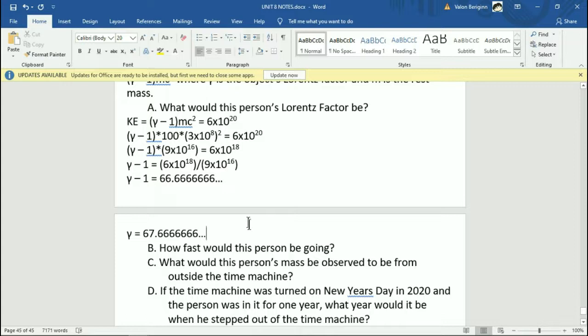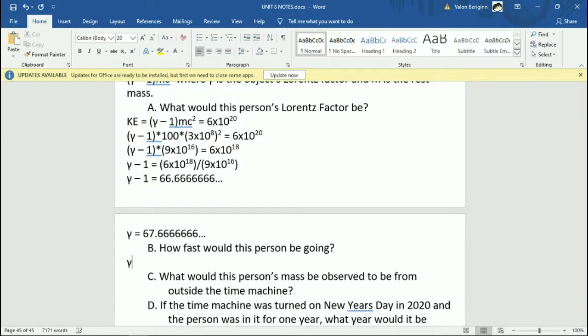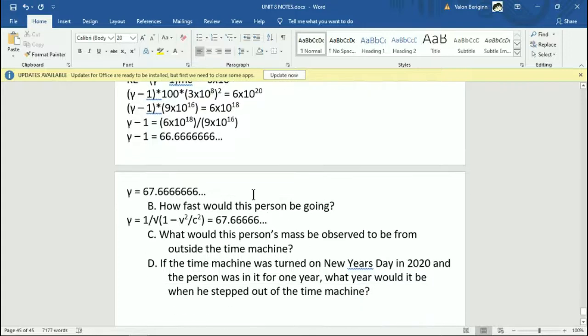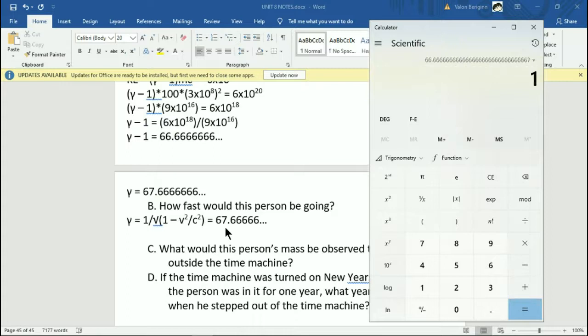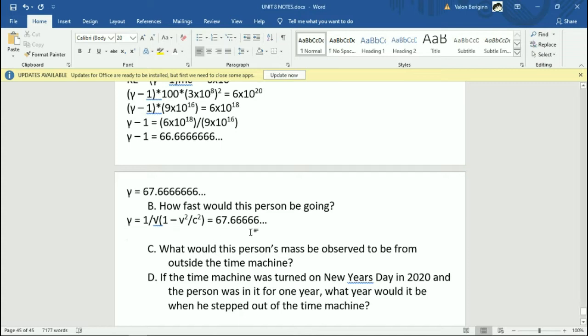That's your gamma. Again, this is very ridiculous. So how fast would this person be going? Now that we have the gamma, we have the Lorentz factor, we can go backwards to solve for the velocity. Okay, so first thing we got to do is, again, it's 1 over this equals this. So, hold on, wait, plus 1. Okay, so then we got to 1 over that. Get that there. So we get that the square root of 1 minus v squared over c squared